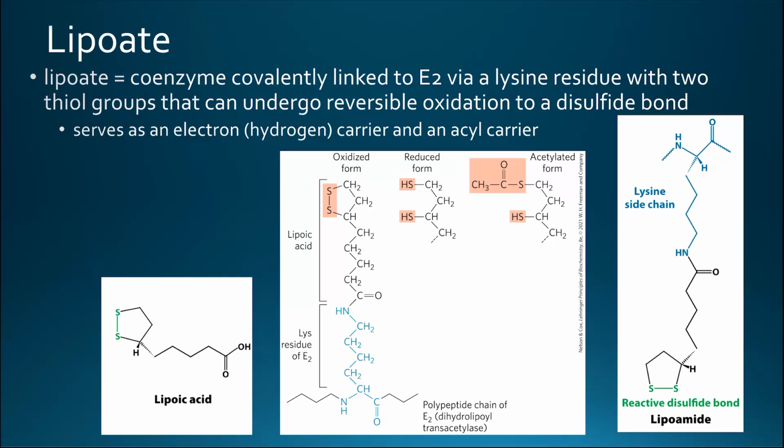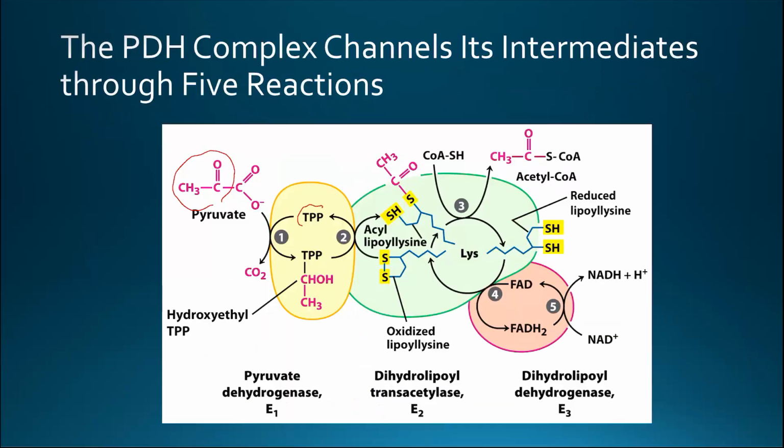You should be able to, for each of those steps, describe the reactants, the products, and the process. For example, in step 1, you could say that the substrate pyruvate reacts with the enzyme pyruvate dehydrogenase. It becomes decarboxylated while attaching the acetyl group to the cofactor thiamine pyrophosphate to produce the hydroxyethyl TPP. So that would be what happens in step 1. And you could then describe the other steps of that.